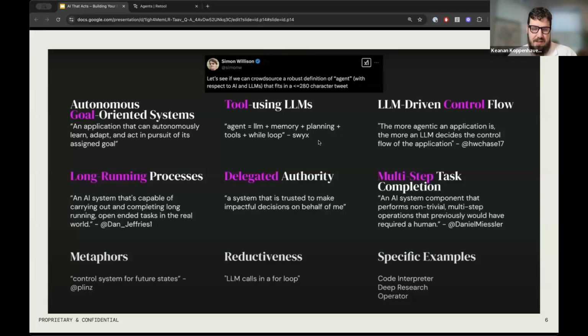And in a talk at the AI Engineer Conference, which, if you need a link to this, the resources doc that folks will be linking in the chat, you can go watch the whole YouTube video, the keynote that this was screen grabbed from. But Simon Willison on Twitter basically posted, okay, can we crowdsource a definition of agent in Twitter's classic 280 characters? And you'll see that these responses from some pretty big names in the world of AI